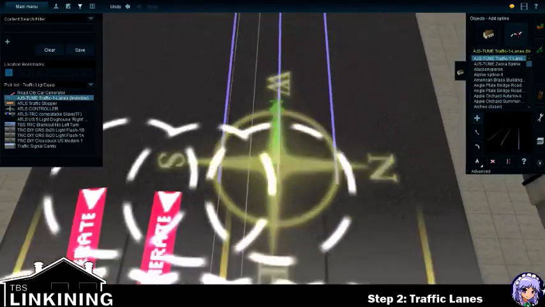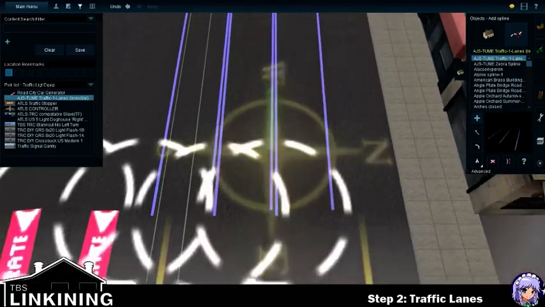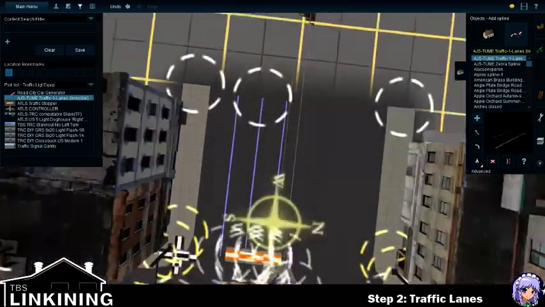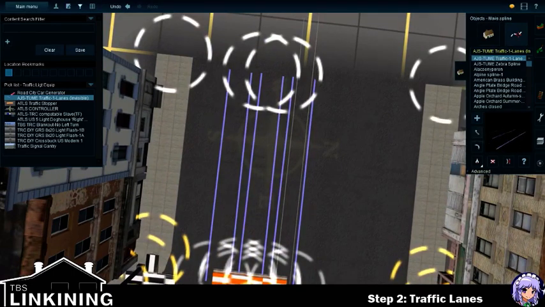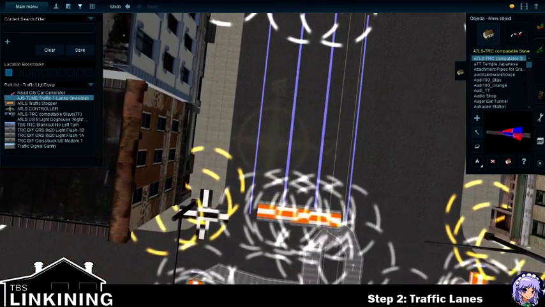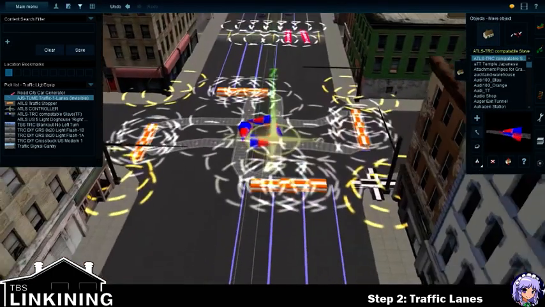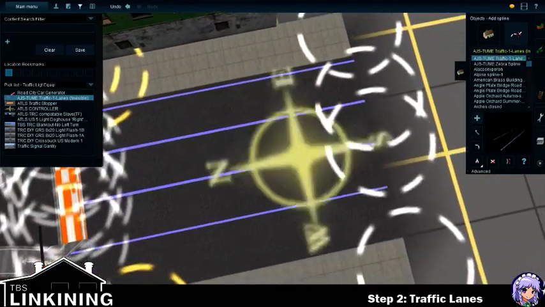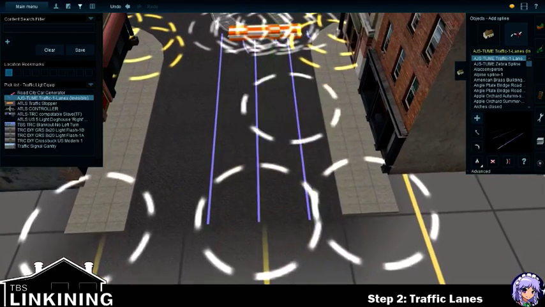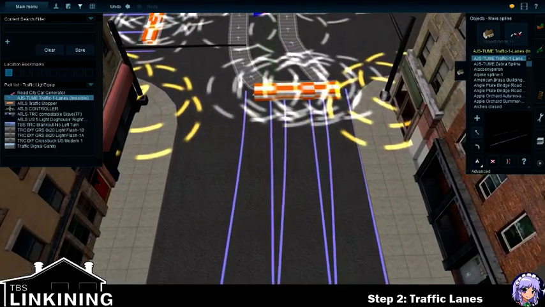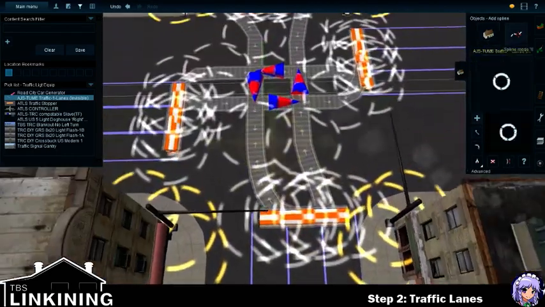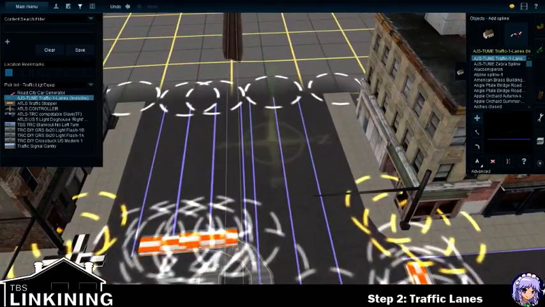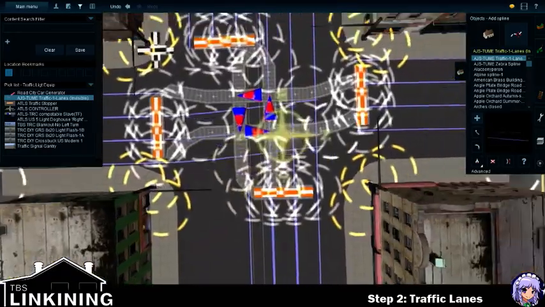Alright, so after that's done, you'll want to start on the invisible traffic lanes. Now, something of note with these is the right-hand lane is the only one that will actually have any cars. So when you are putting these down, as I am now, you want to make sure that it's the right-hand lane that's in the right place. It's less important where the left lane is, but